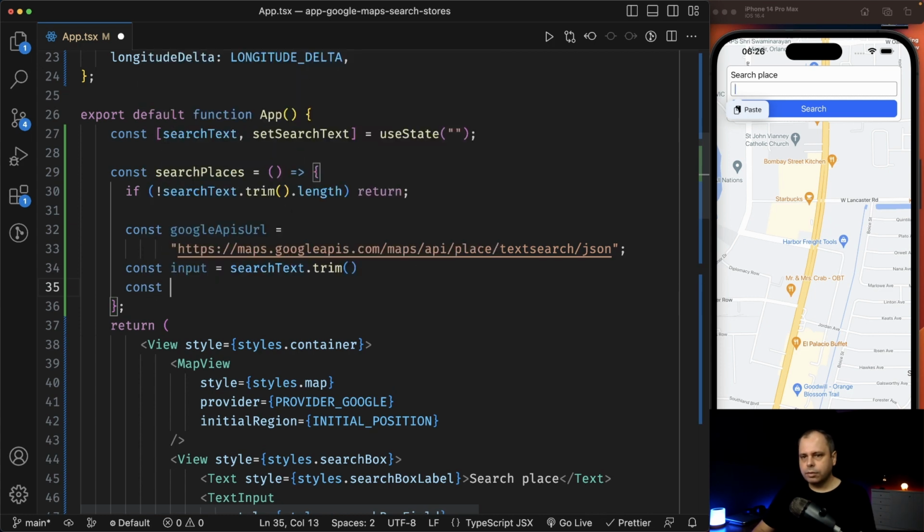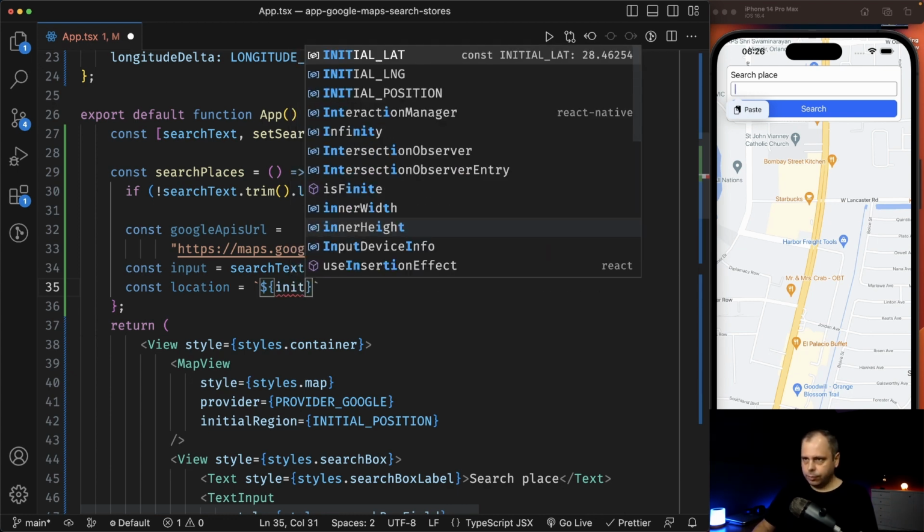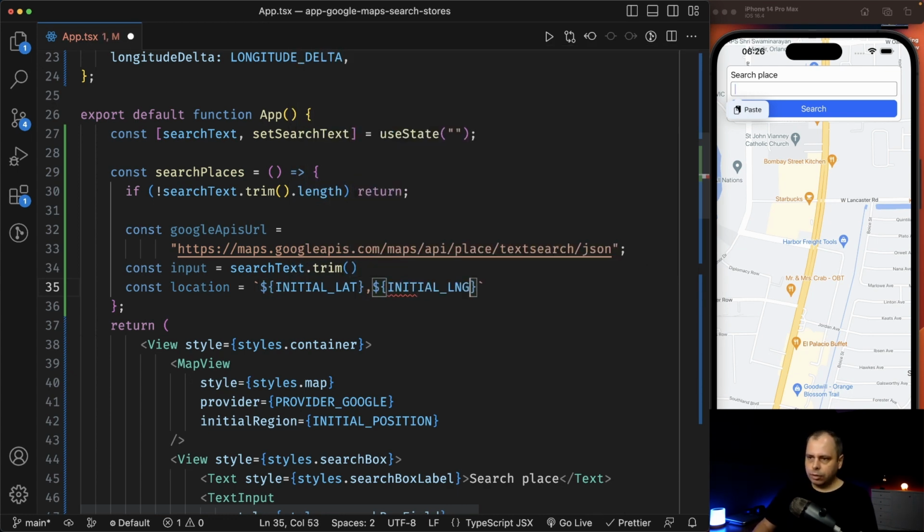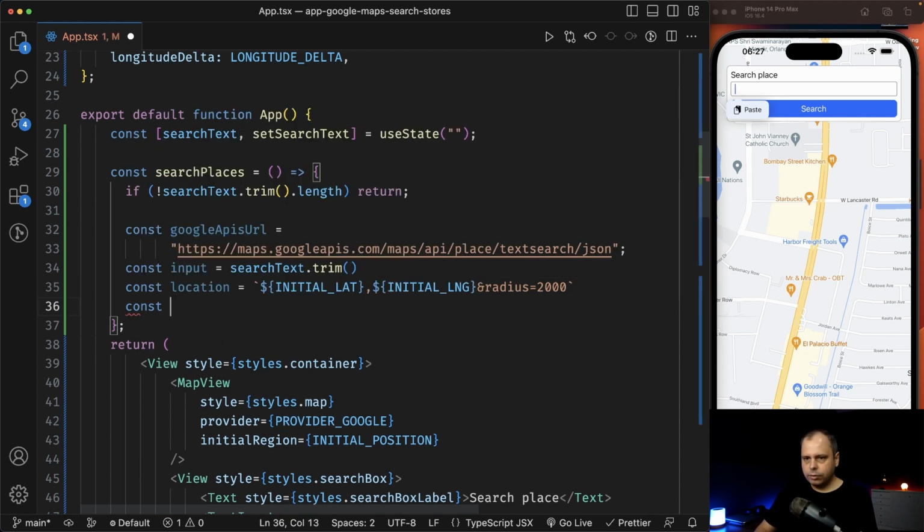So const location. I will search around the point I'm seeing the map. So here it's initial latitude, initial longitude, and also I can set up the radius, that is the distance from the center point until the maximum distance I want to search. So I can also add here radius like 2000. This is in meters, so here I'm set up in 2 kilometers,